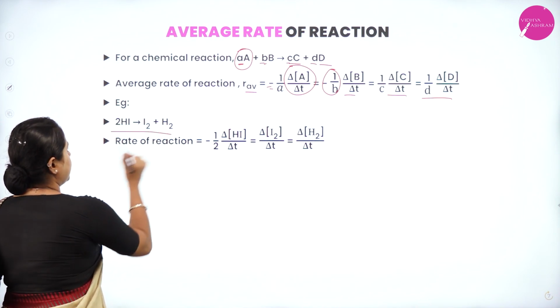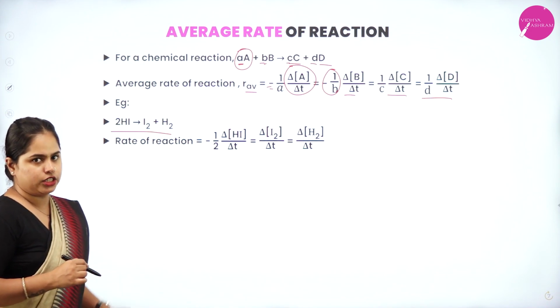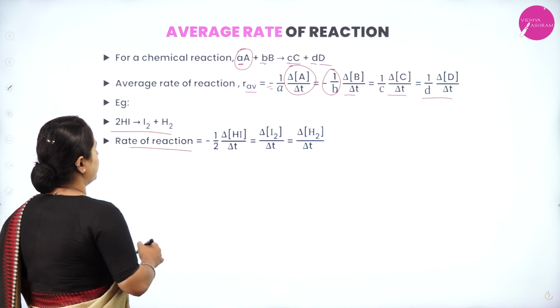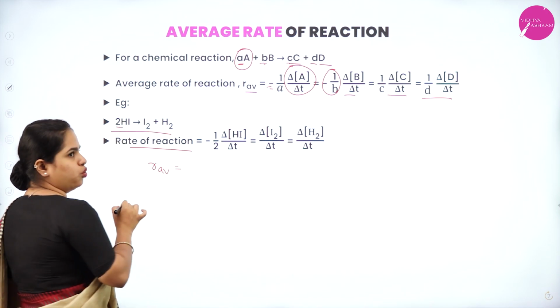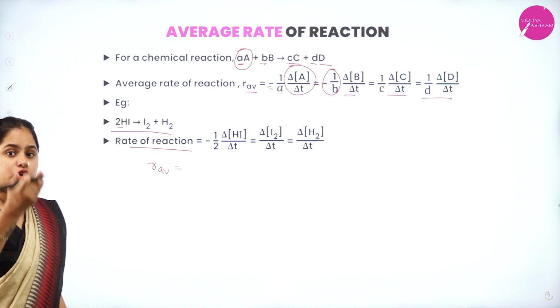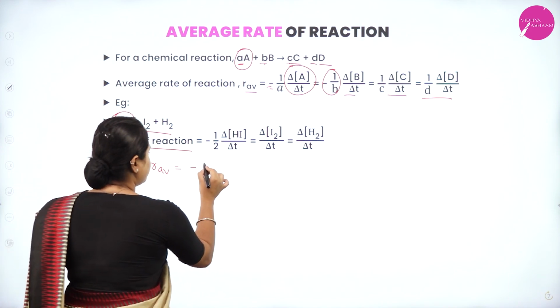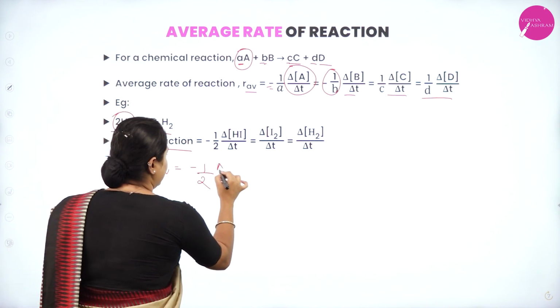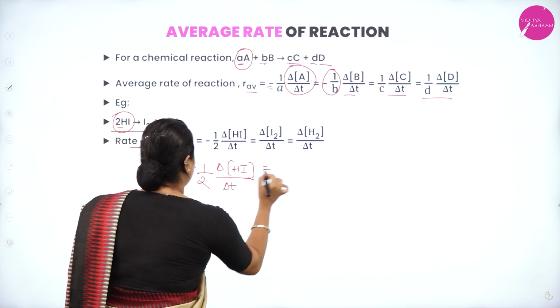Now for example, let us take 2HI. 2 moles of hydrogen iodide forms iodine gas and hydrogen gas. Now what will be the rate of the reaction? How can you write the average rate of the reaction? So this 2, what will you do with this 2? Hydrogen iodide is a reactant. You have to take the inverse of it, and as it is a reactant, you have to put a negative sign also. So it will be minus 1 by 2 delta HI by delta T, which is equal to,